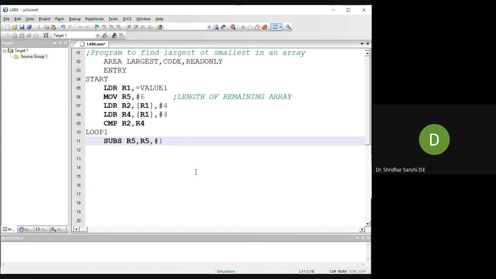So I'm decrementing the counter, and when I have reached the last element, we'll compare till the last element, and if it is not equal, yeah. So till this you understood, right?